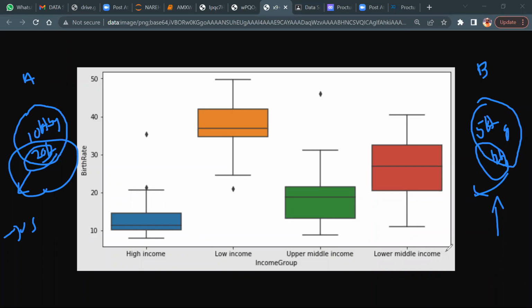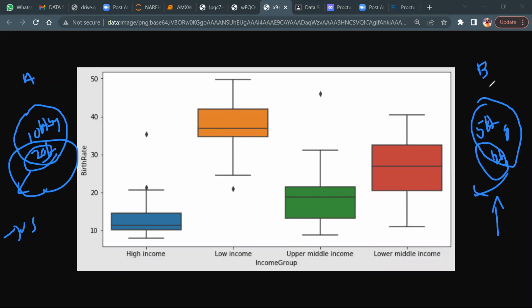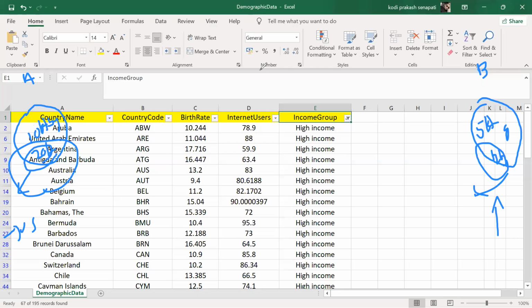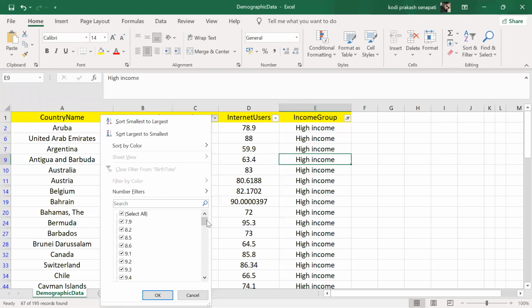What do we call them? Outlier. So what is meant by outlier? Did you see, if you see this data, high income group category people, right? Let's go back. 7, after 7, 8. See this. 7, 8, 9, 10, 11, 12. All are neighbor values or not? 15, 16, up to 21.